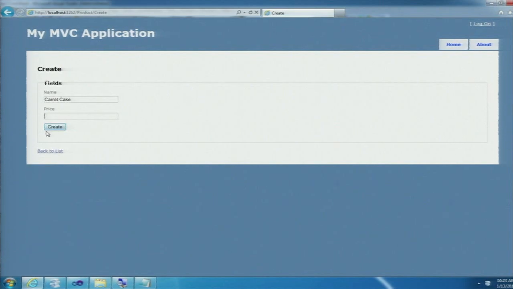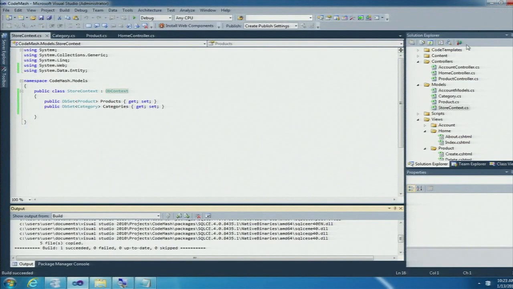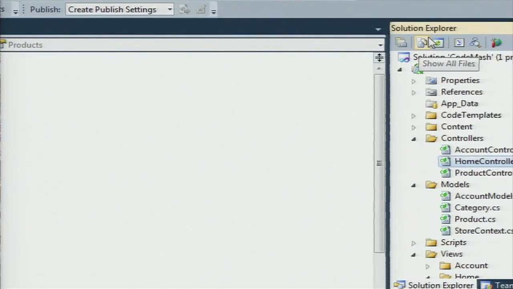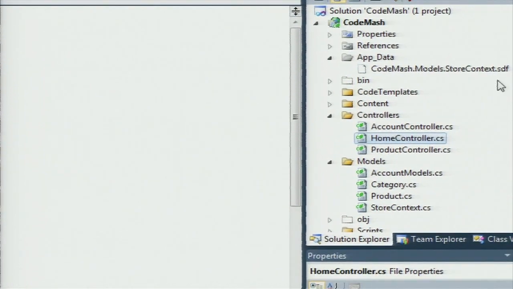Now, it also comes with validation built in through the helpers that we have in MVC. But there's server-side validation, and we'll go and fix that in a little while. So heading back into Visual Studio 2010, we go and inspect our solution a little bit more carefully. At the top here, I'm going to show all files. We'll see that we've now got our database created. So I didn't actually create this. It was created by Entity Framework code first based off of our models the first time we ran our application. So it took care of it for us.